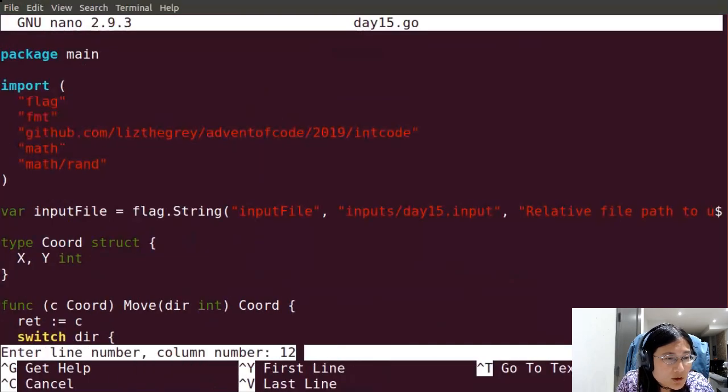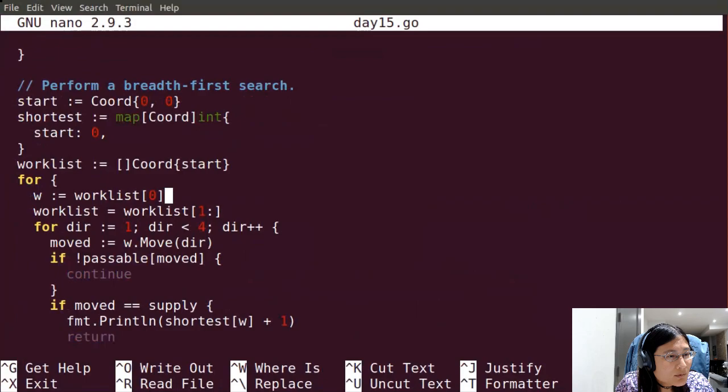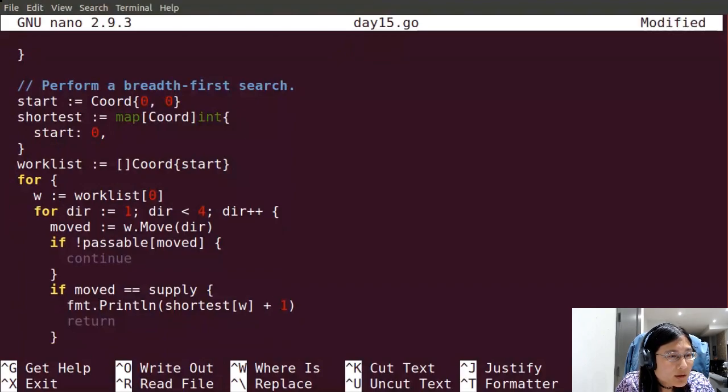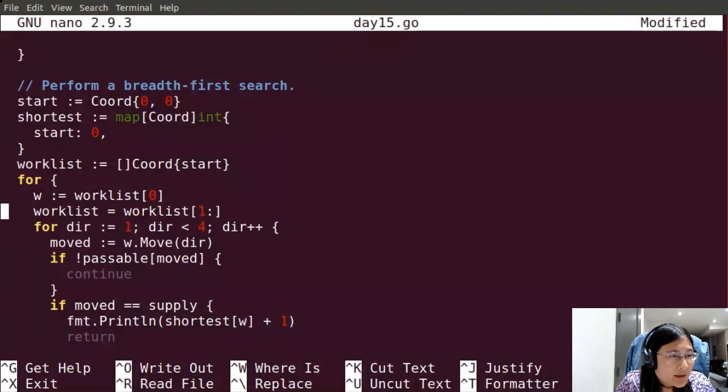Line 127. Grumble, grumble, grumble. How do I do this? So I'm not guaranteed to have anything in the work list until the very end.